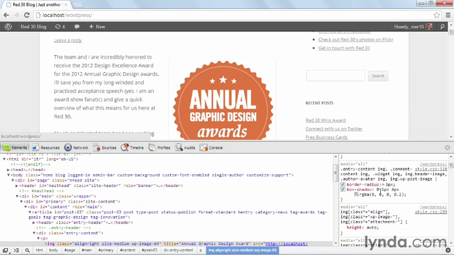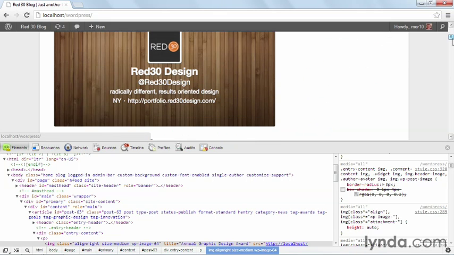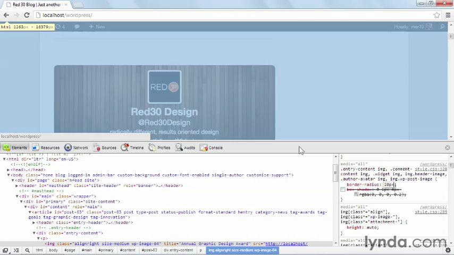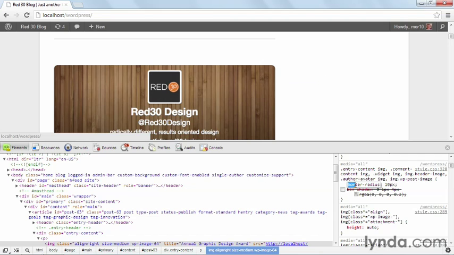If I want to see if this is a style I want to change, all I have to do is turn one of the styles off. So I'll turn off box shadow. And now you see the box shadow disappears. That also makes it harder to see the rounded corners though, because this is a white background and this image has a white background as well. So I'll scroll down and find another image. And here you see it still has a rounded corner. And I can now change that rounded corner radius either by going in and saying, let's say 10 pixels to get a much more rounded corner, or I can go out and knock it away altogether and get a square